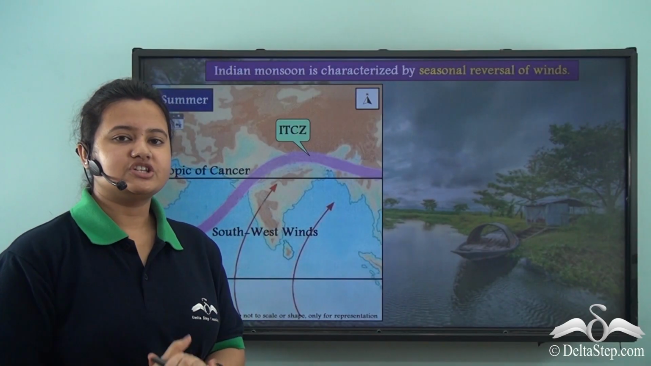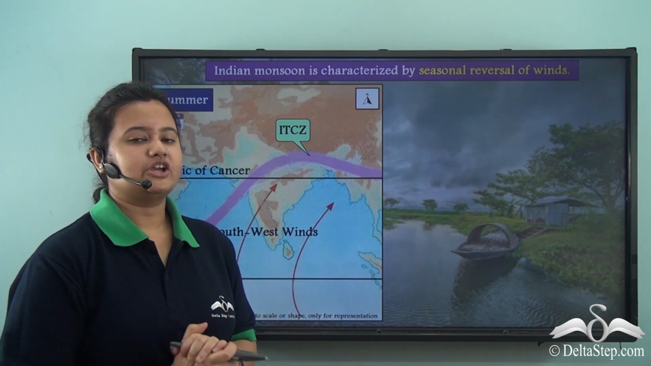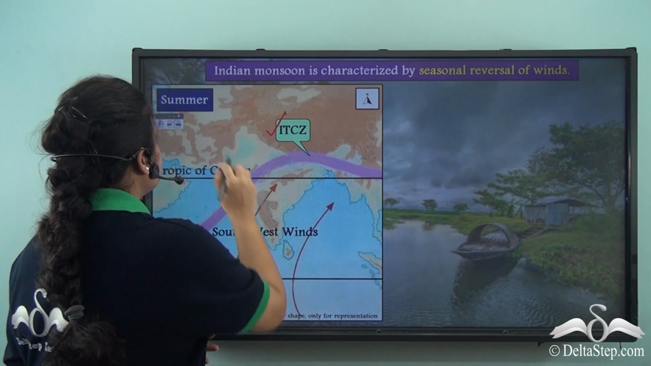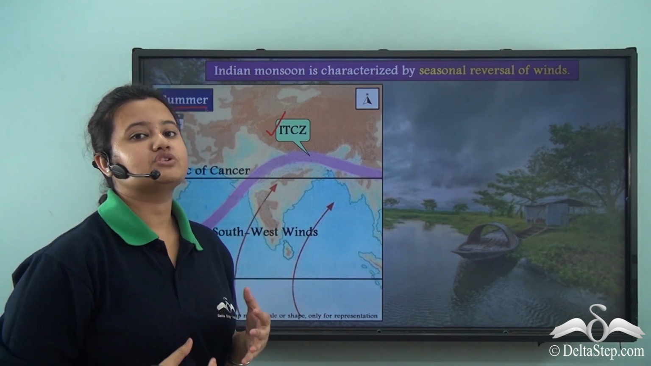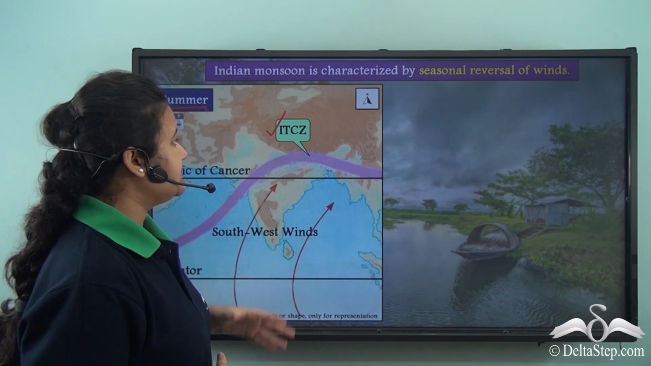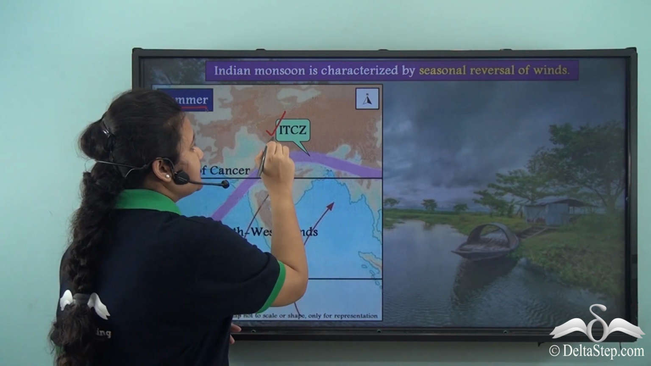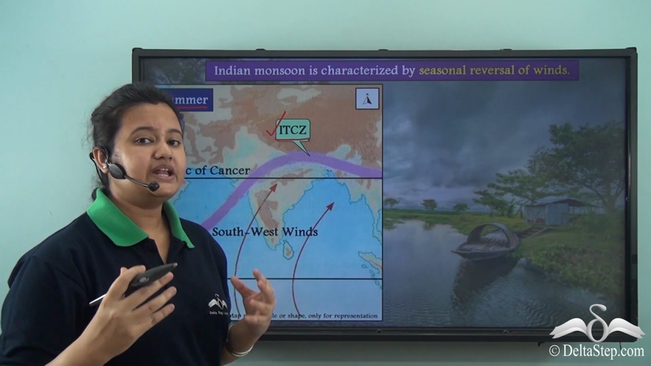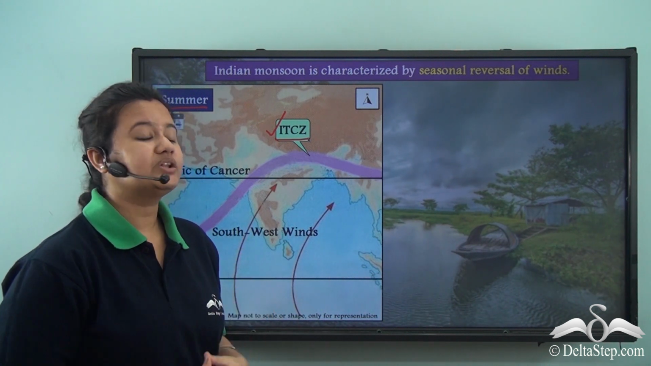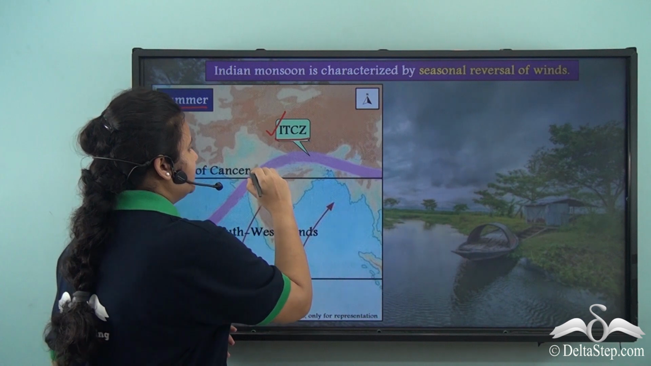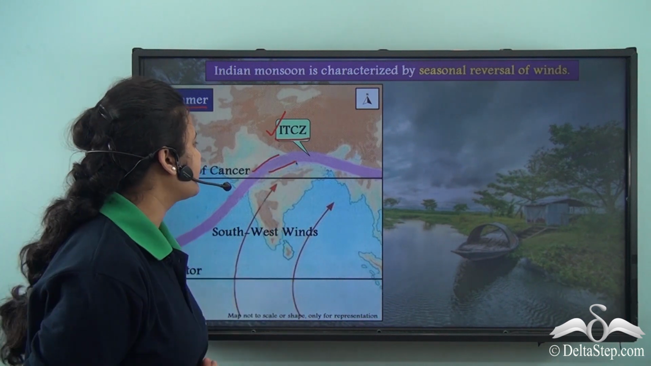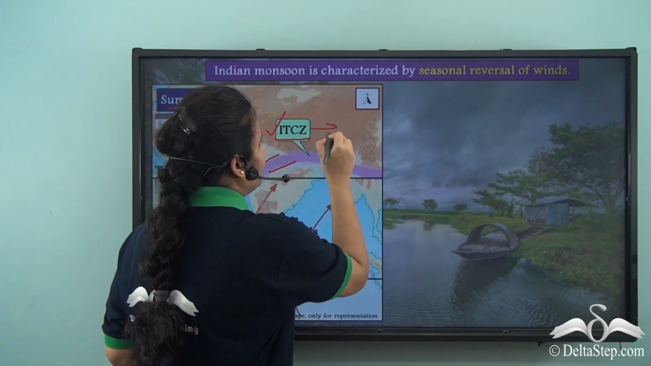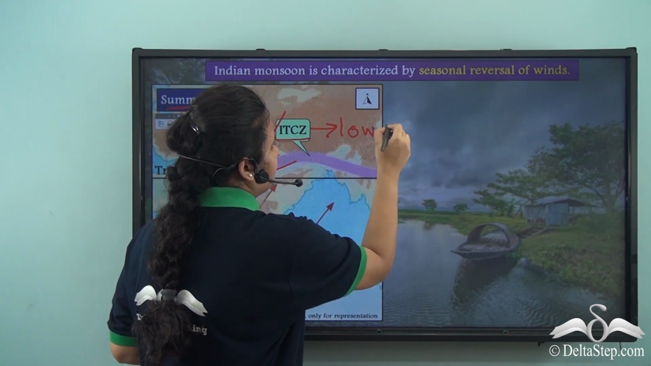So, as mentioned just now, the equatorial low pressure belt or ITCZ shifts northwards during summer due to the apparent movement of sun. Especially, it has been noticed that this equatorial low pressure belt or ITCZ lingers over 20 to 25 degree north latitude, especially over the northern plains. Now, this ITCZ is a low pressure region,